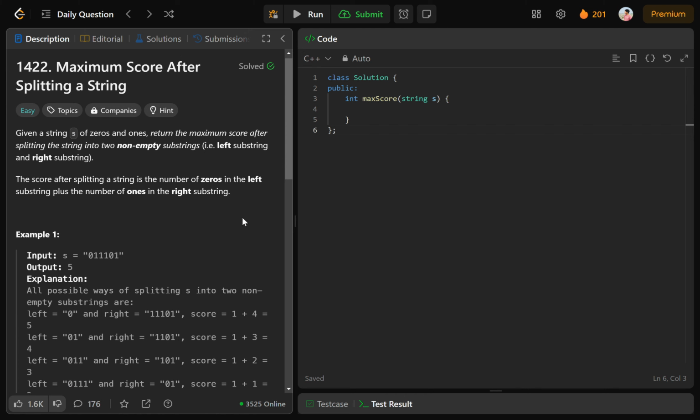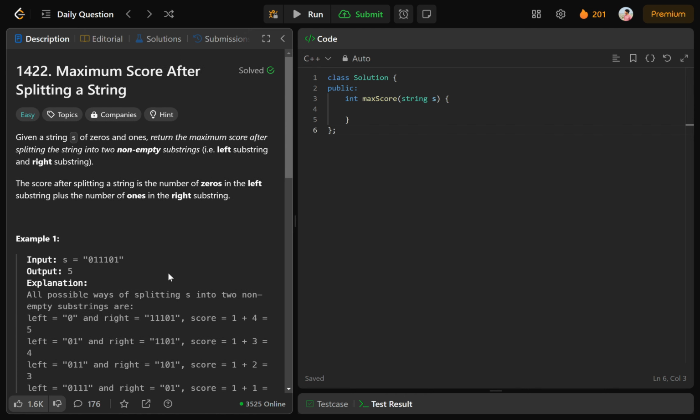Now let's move to the optimal approach. The optimal approach is the prefix sum approach. As you can see, only 0s and 1s are here. So what we will simply do is count the number of ones before traversing the string, by traversing the string once, and then we will start traversing from the left side. When we reach a 0, we increment the 0 counter by 1, and when we encounter a 1, we don't change the